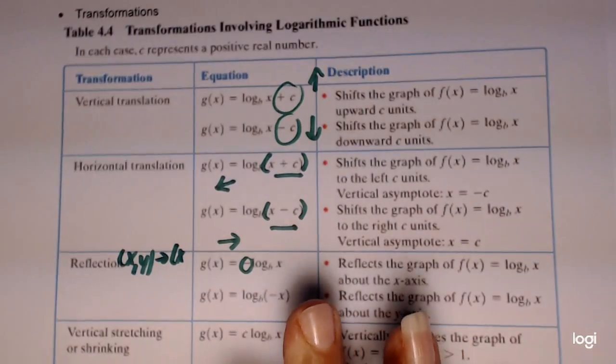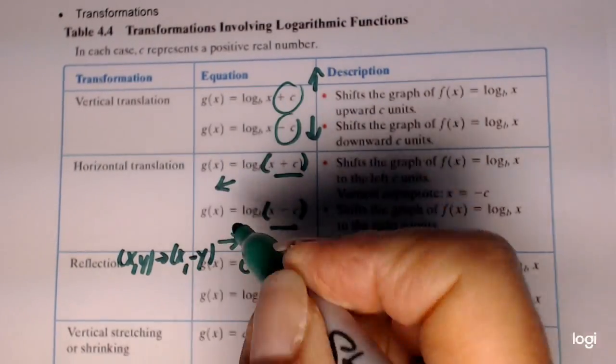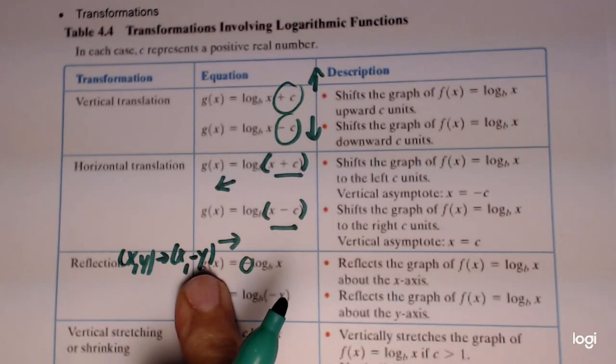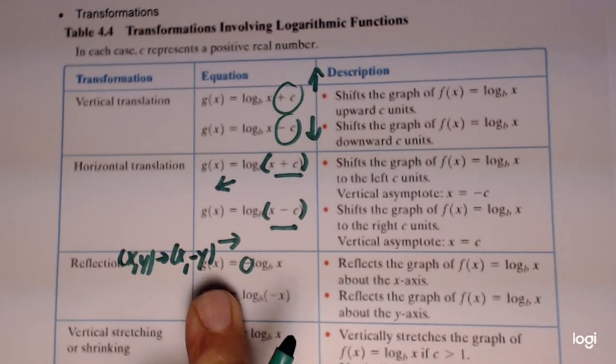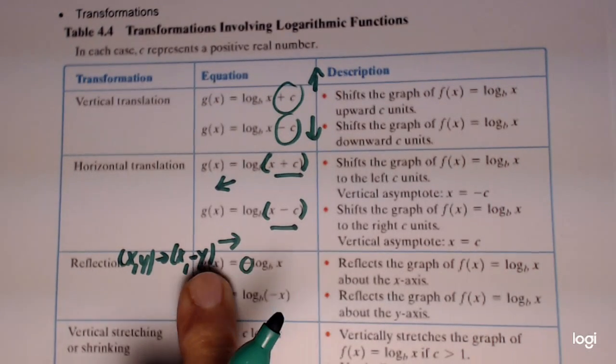We're not going to change anything with the x, but we're just going to switch the sign of whatever our y was. So when the negative sign is outside, you flip the sign of the y in the